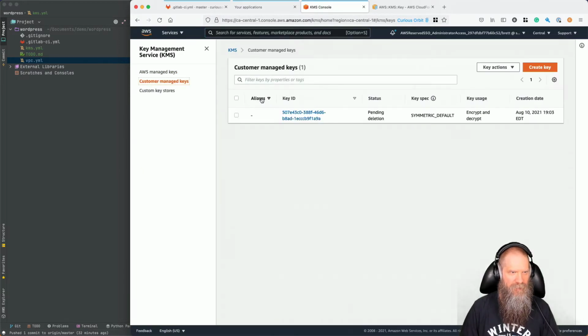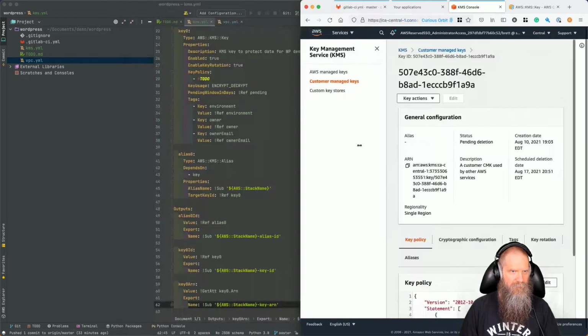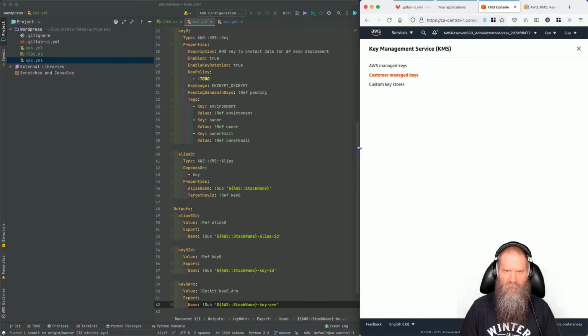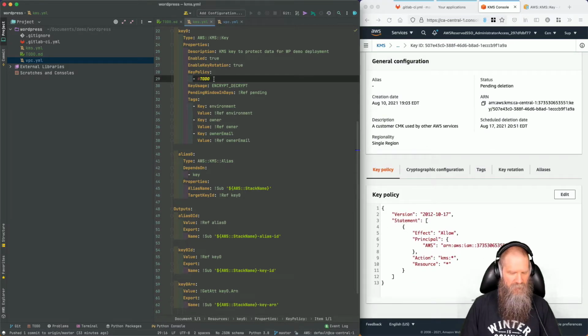So we're building a customer managed key. You can see here we've cleaned something up. And all I'm going to do for now is I'm just going to put this in. Okay. And if I can't find a policy, we'll come back to this one. So here's what we need. This is just like a resource policy, right? So we're just going to say